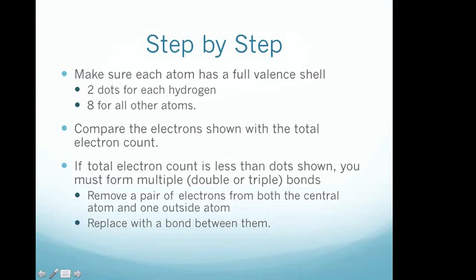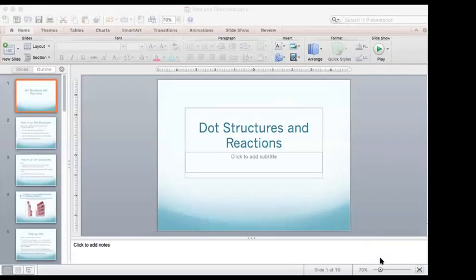There we go. I'm going to take the example of our silicon hydride, and let me choose a color that's a little easier to see. Okay, so we have silicon hydride, and we said silicon is going to go in the middle